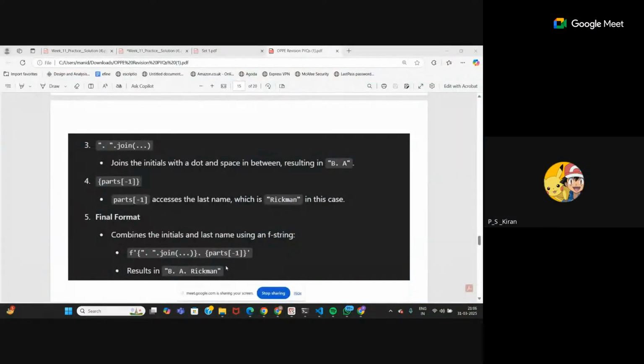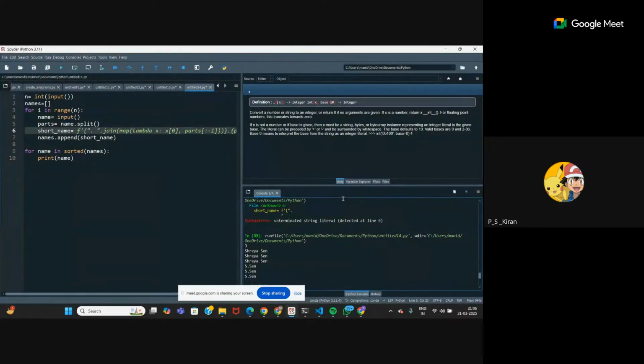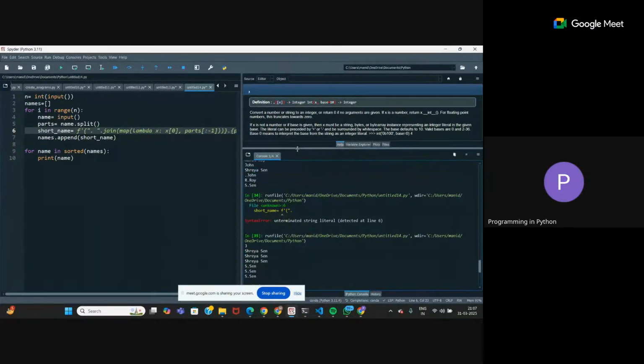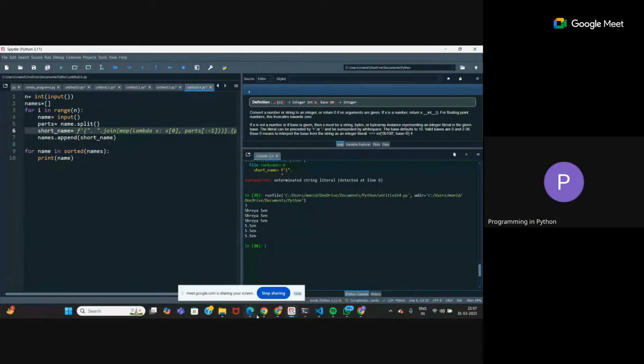Ma'am, for Spyder, you have a feature to take notes. Yeah, I know, I didn't use that. But how can we do that in VS Code? How to take notes in VS Code? I haven't tried VS Code for Python at all. I use Spyder only. Okay, I'll check and tell you. Let me just see how to do that.